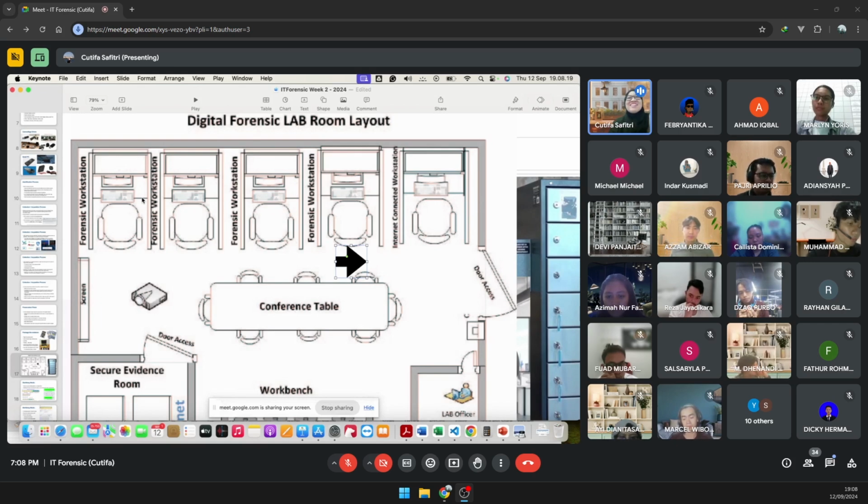No, it's two different cases. So clean means that you can only use one station to work with one case. A forensic workstation is also called a clean workstation because these workstations never, ever, ever touch the